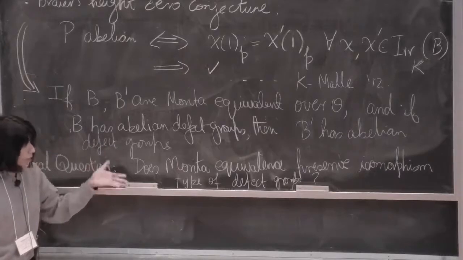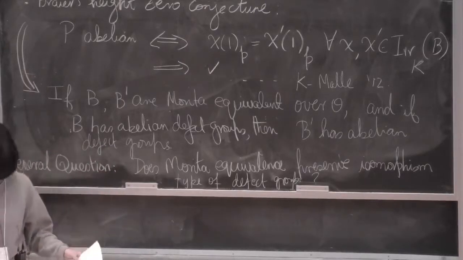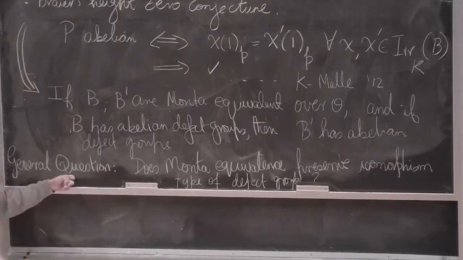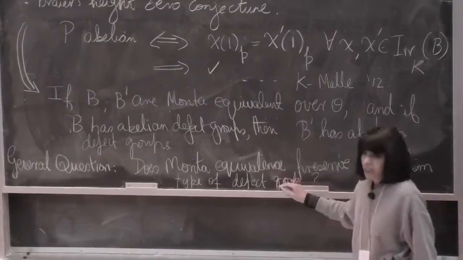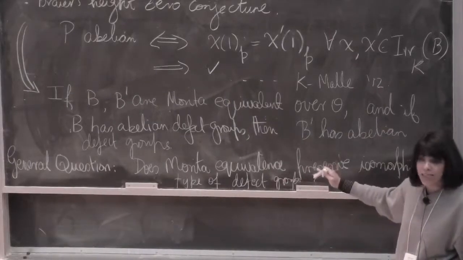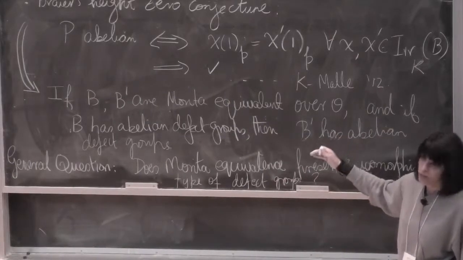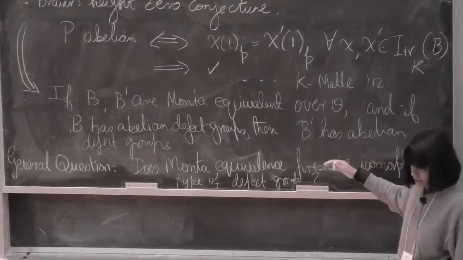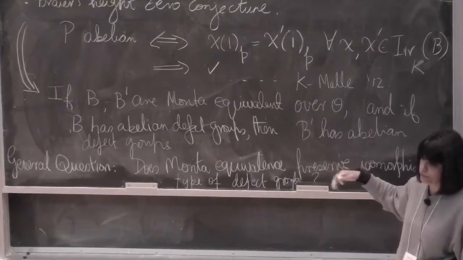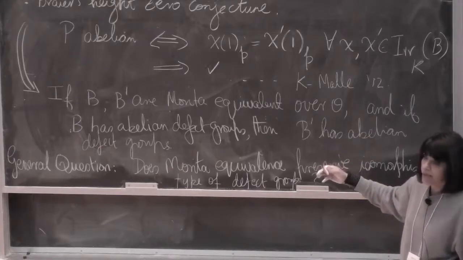Do they, so are they actually isomorphic? This is wide open, because of course if we could answer this question in the affirmative, then we would have an answer to this question. And it really matters how you phrase the question, over little k or over O. If you phrase it over little k, it becomes a much, much harder question than if you phrase it over O. And the reason why,